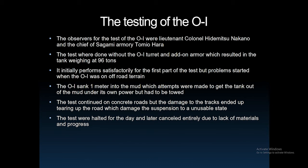During the day of testing, Colonel Mirato was deployed in the front of the OI, and so in his place for observation was Lieutenant Colonel Hidemitsu Nakano. The chief of Sagami Armory, Torimoto Haru, was also present. The OI initially performed satisfactorily